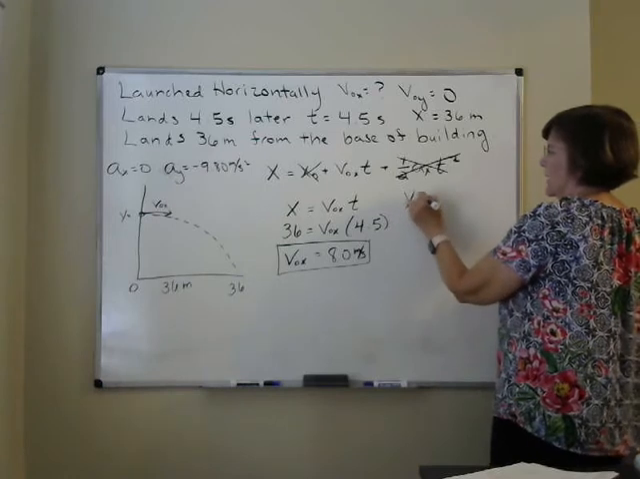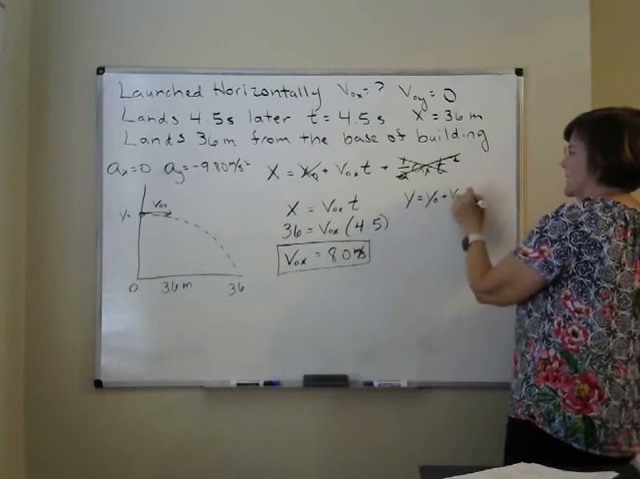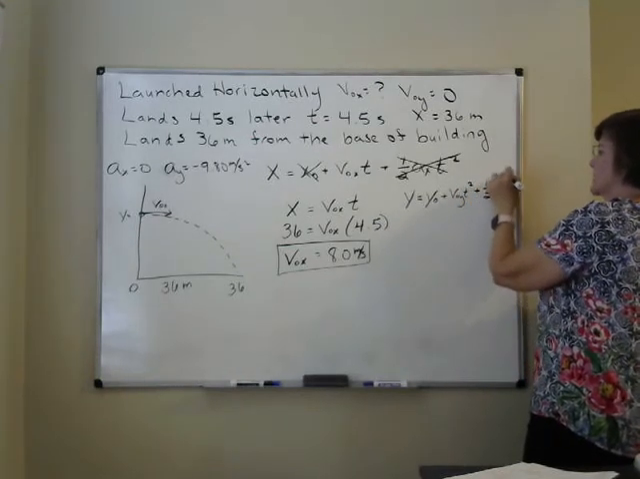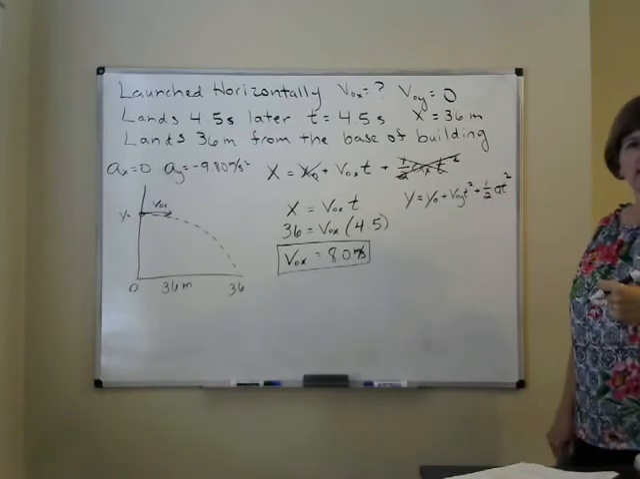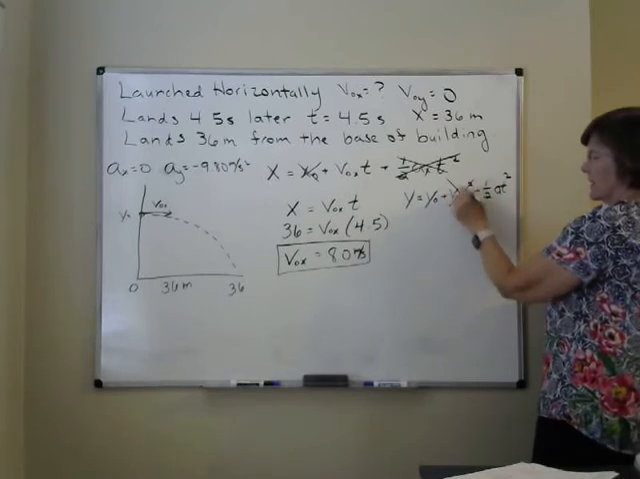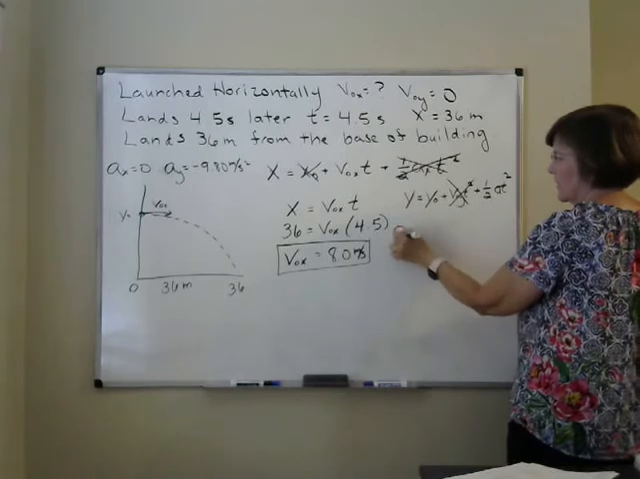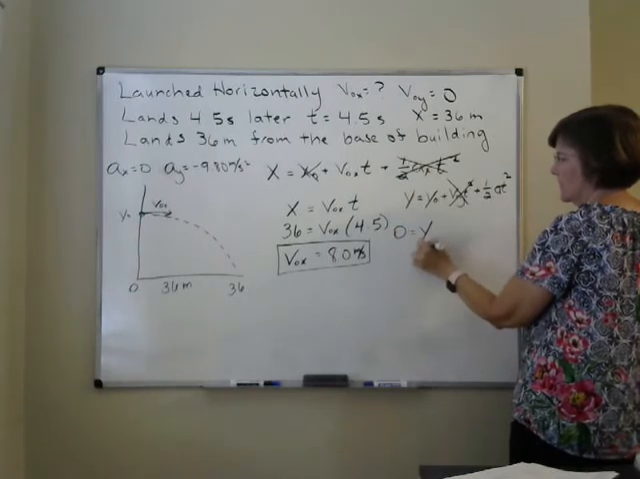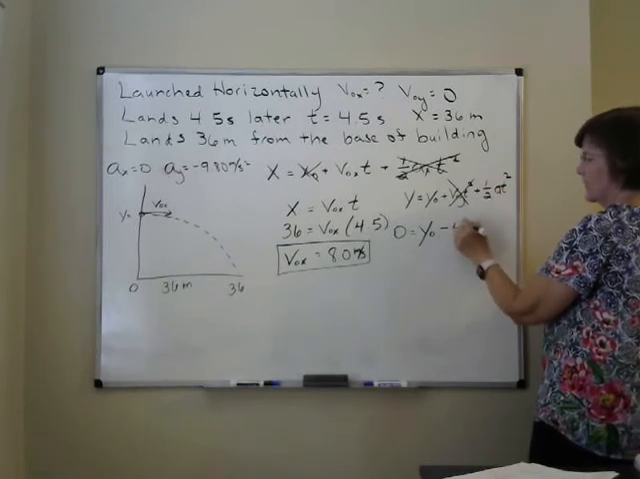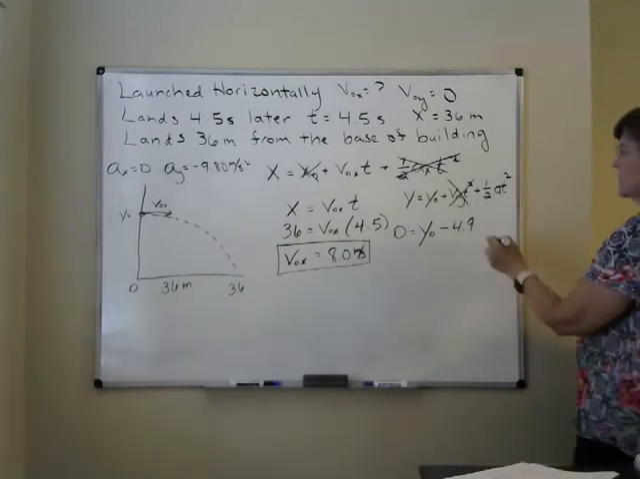Well, y equals y0 plus v0y t plus 1/2 a t squared. Now, vertically, the thing that goes to 0 is initial velocity. I know the final height was 0. I don't know the beginning height. That's what I hope to find. 1/2 a, that's negative 4.9. And they told me the time. The time was 4.5 seconds, so